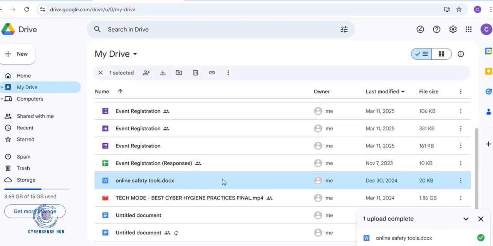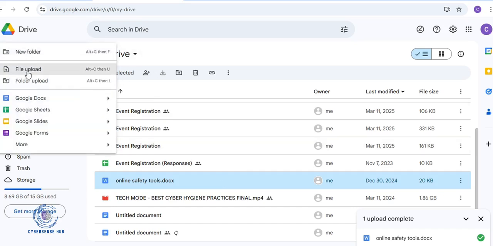safety tool. So that file now, I can access this file anywhere I am as long as I have internet access. I could log into Google Drive, and like I said, Google Drive, you have the mobile version. You can log into it on mobile. You can log into it on your PC. Now, I want to upload more than one file at a time. I can still go there